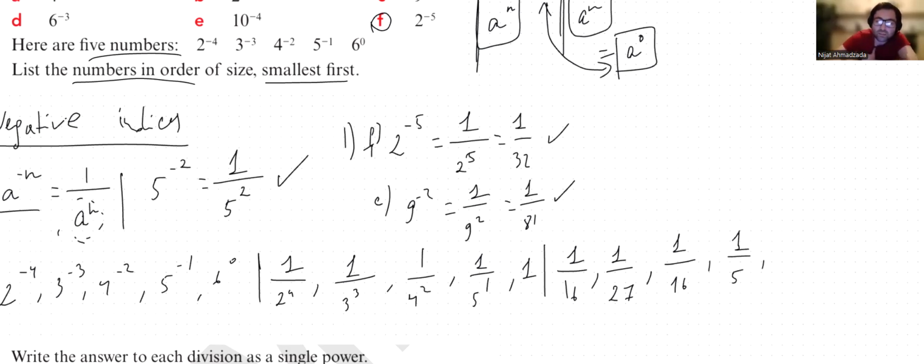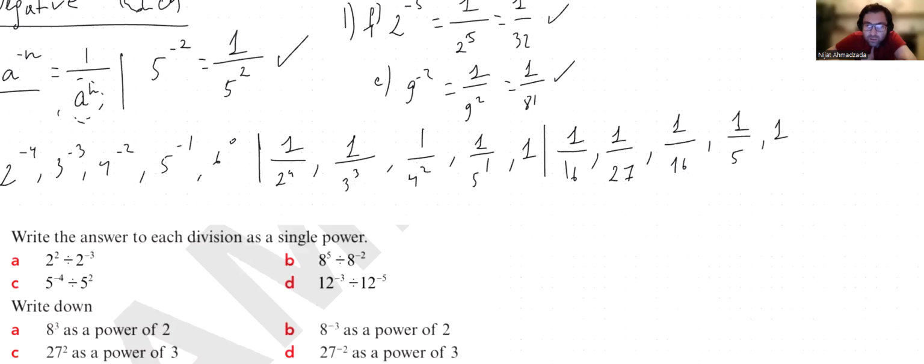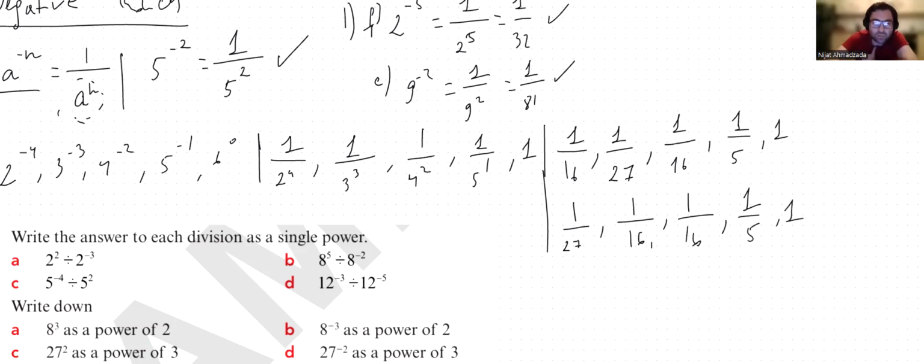So we're going to start with the smallest one. The smallest one is 1/27. The next smallest one is 1/16, and they tie with 1/16. So we have two 1/16s. The next one is 1/5. The next one is 1. So if you just order them up,